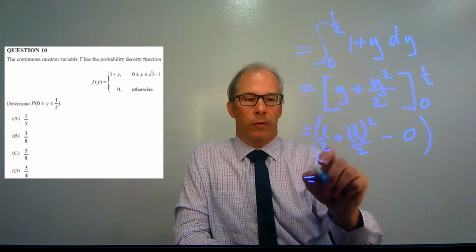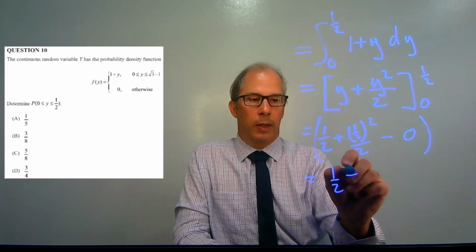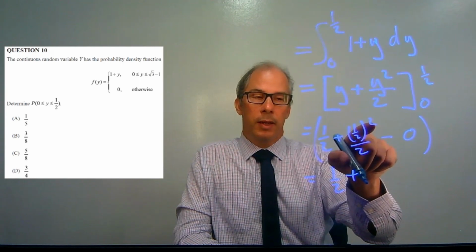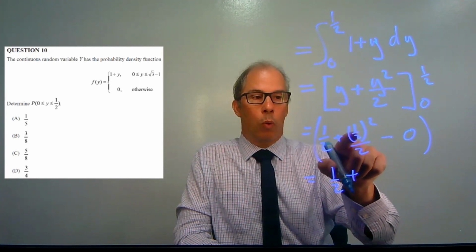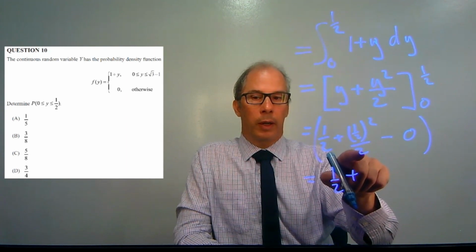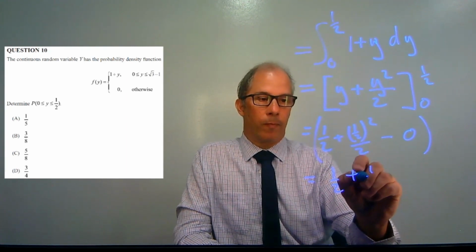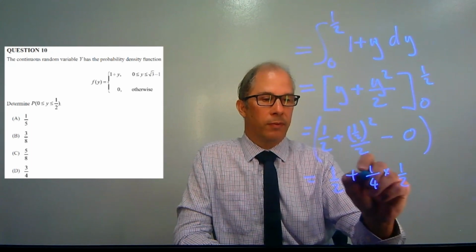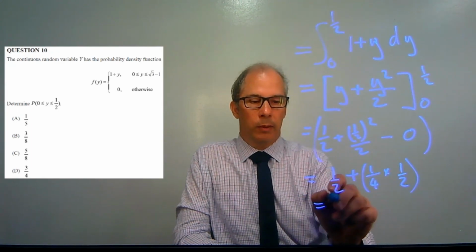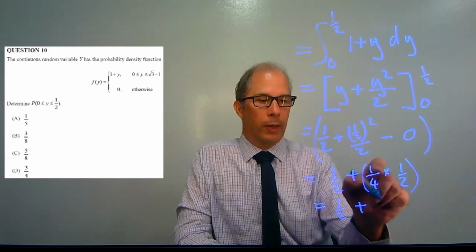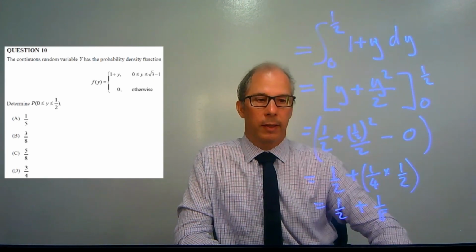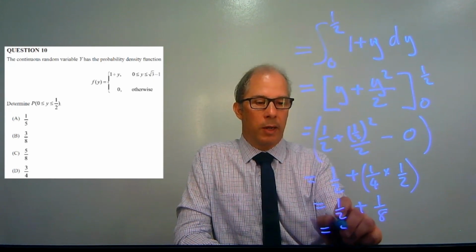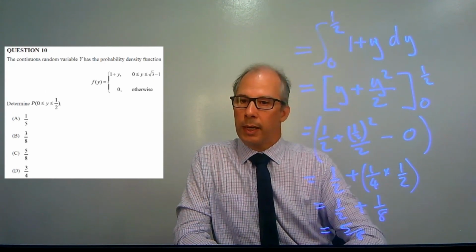So we've got a half plus, now we've got a half squared, that would be a quarter, divided by 2, which is the same as multiplying by a half. So we've got a half plus an eighth, and in this case that should be 5/8, which is answer